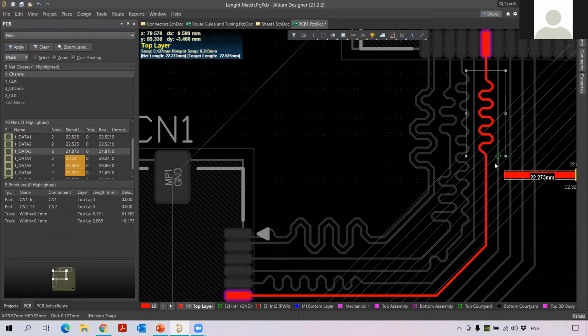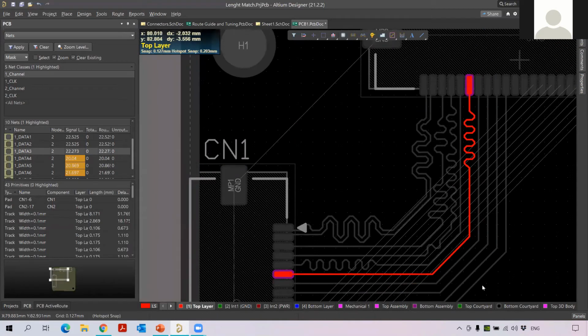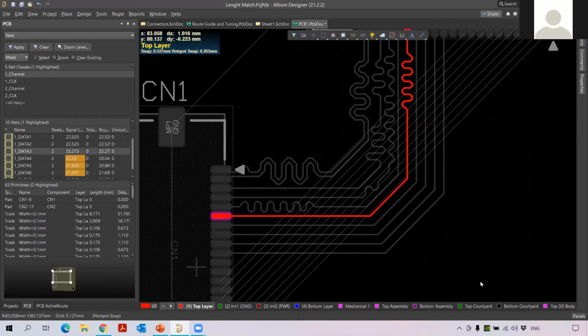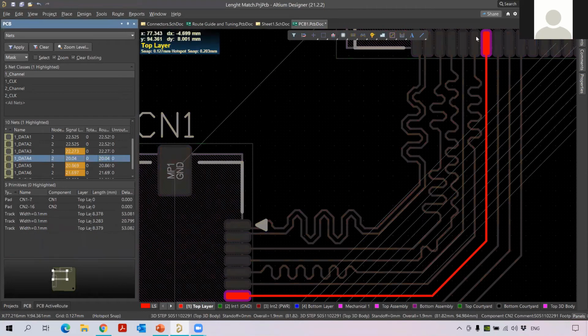Now you can see as the distance of the nets increases, the tuning becomes shorter. Previously the tuning length was bigger, but when the distance increases, it becomes shorter as they are meeting their tolerance level. So this is how you have to repeat it for other nets also.